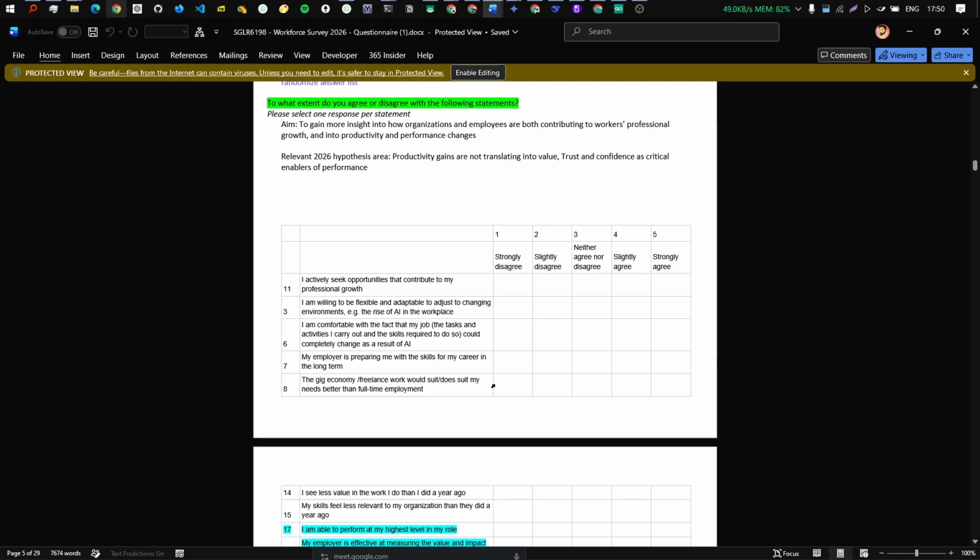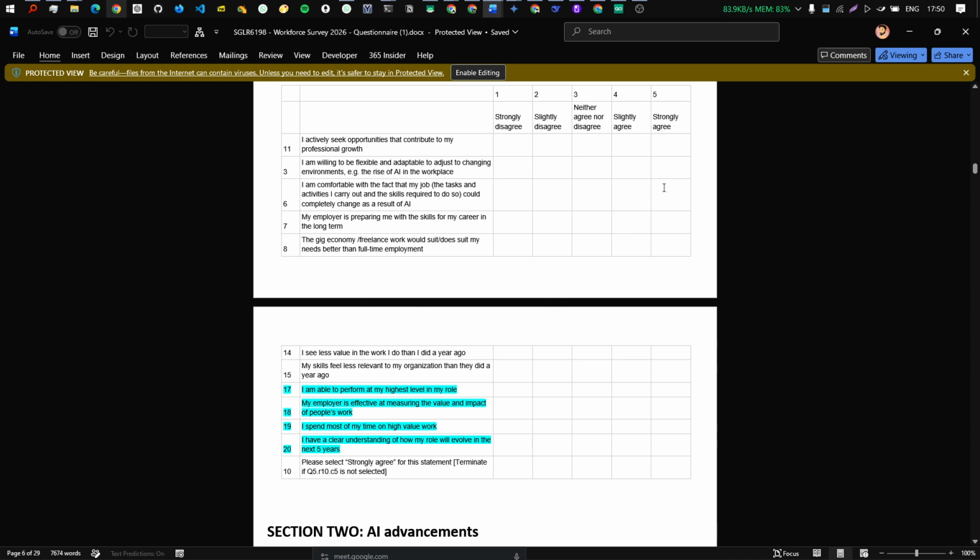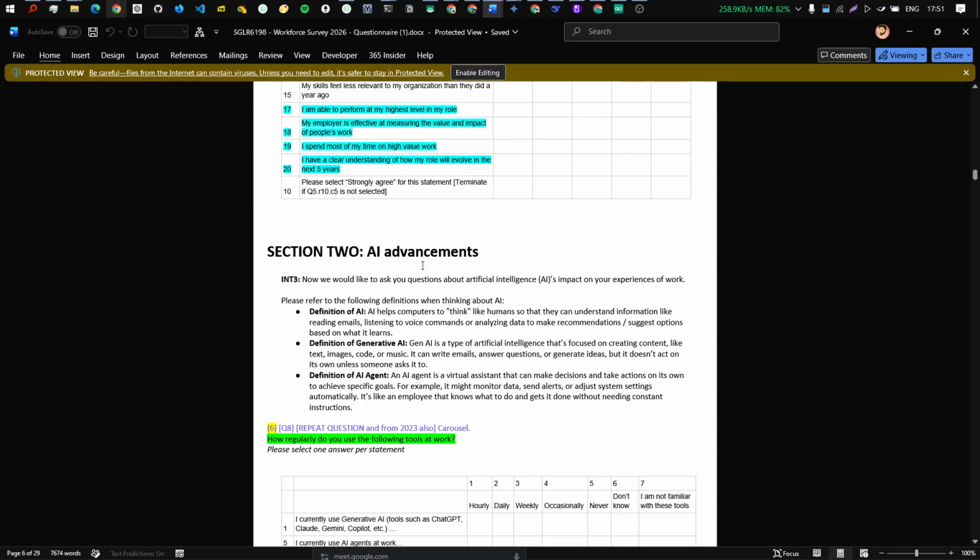Strongly agree, strongly disagree. ये भी आपको पॉजिटिव नोट पे लेके चलना है। एक आधा इधर उधर आप कर सकते हो, नेगेटिव में नहीं जाना। बट ये जो क्वेश्चन हैं, the gig economy freelance work would suit my needs better than full employment, I see less value in work I do than a year ago, my skills feel less relevant to my organization than they did a year ago, ये नेगेटिव क्वेश्चंस हैं, आपको इनको नेगेटिव ही देना है। That means for these questions 8, 14 and 15, the gig economy, you will either select slightly disagree or strongly disagree। ये आपको नेगेटिव ही रखने हैं।